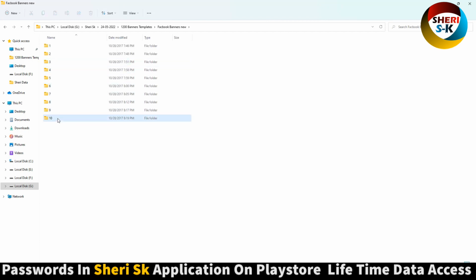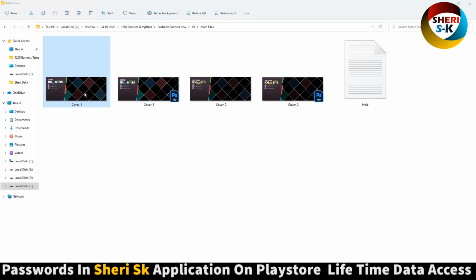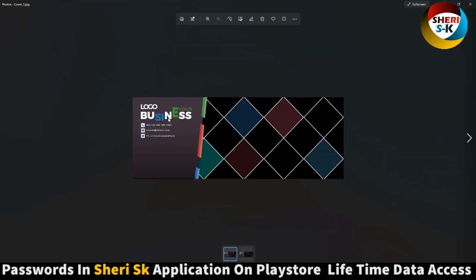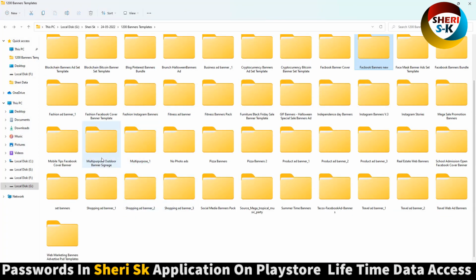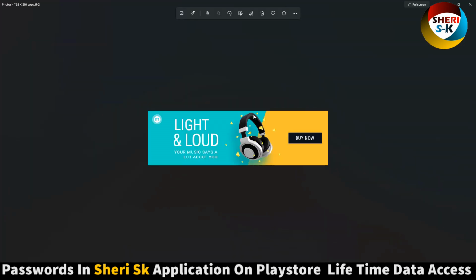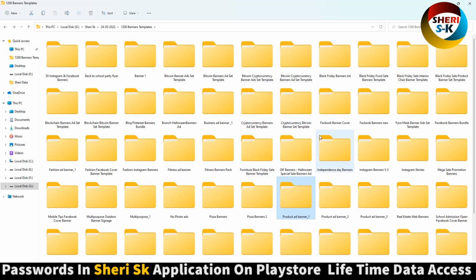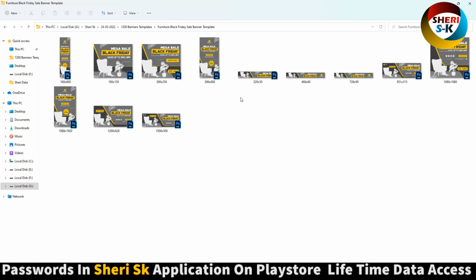Facebook banner. Here are 10 banner main files, so just import your image and write anything. Pizza banner, product app banner. For example, you need a PNG file and write anything. Change color or apply gradient and overlay. Here is a furniture,